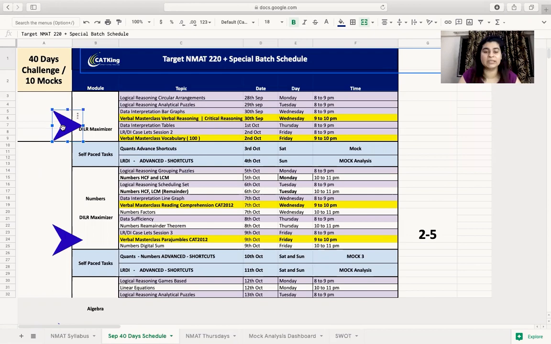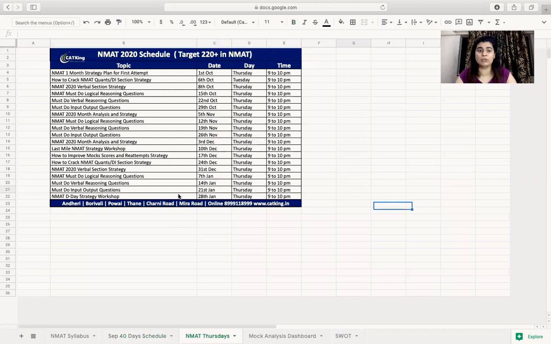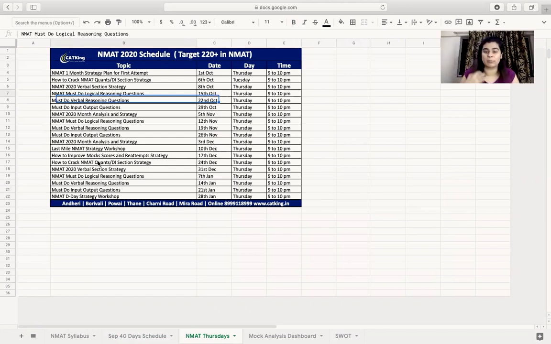We are going to have this as your schedule pattern. First week is going to be DILR Maximizer week. Monday to Friday, 8 to 9 p.m., we'll study only DILR because it's a little complex thing which we need to fix up. Plus, every Wednesday and Friday, you will have verbal sessions with Rahul sir. And every Thursday, you will have my NMAT Thursday sessions. These are strategy based so that we get used to our strategy making. How do we plan? How do we enhance each and every section, a detailed strategy onto it? Some of the toughest types of questions, like input, output, verbal reasoning, I'm going to train you on the best possible approach in our NMAT Thursday sessions.